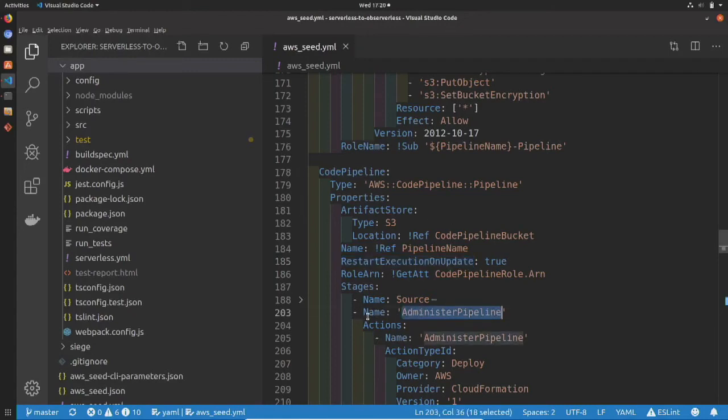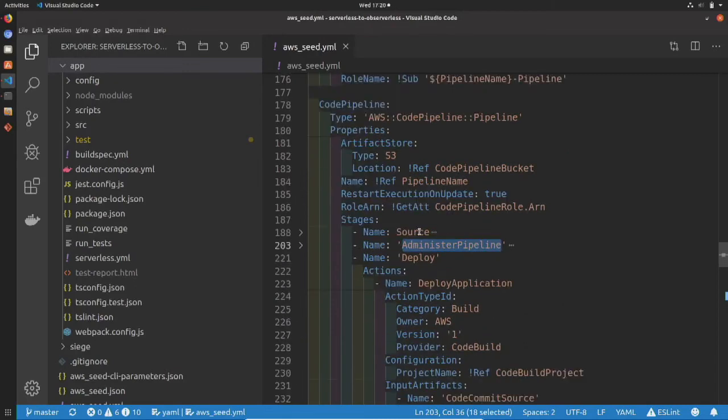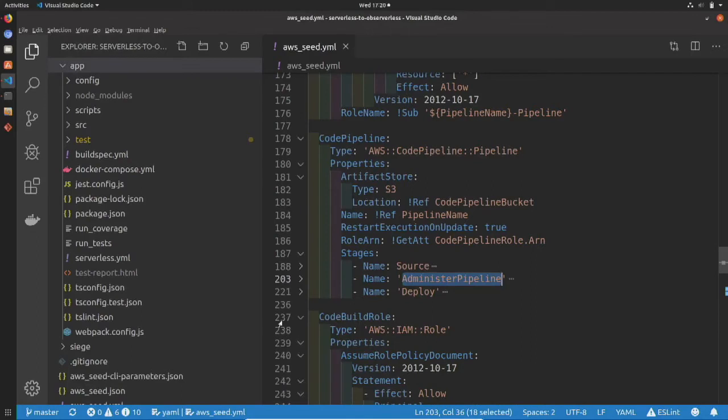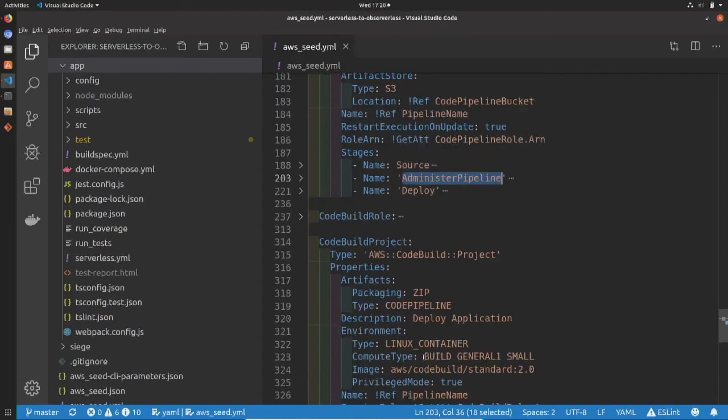Which gives us these two here. And then there's our deploy action. So you notice that these names here match what you see in the browser. And then beyond that, we also have our CodeBuild role. This is the role that gets assumed by CodeBuild when it goes to run. And then a project definition. So